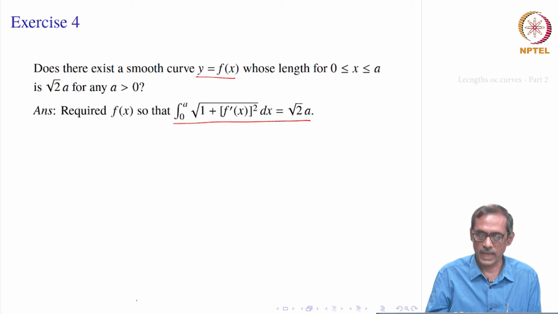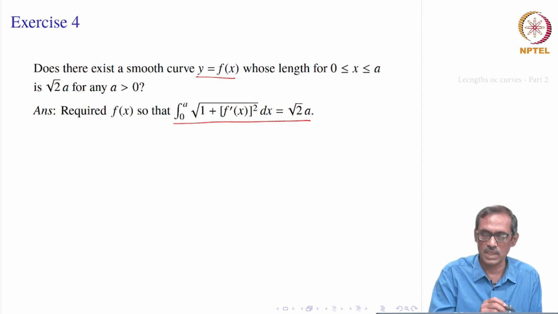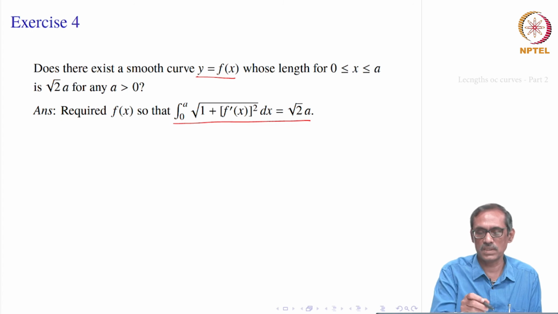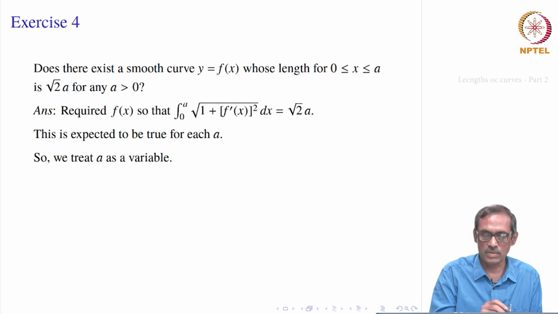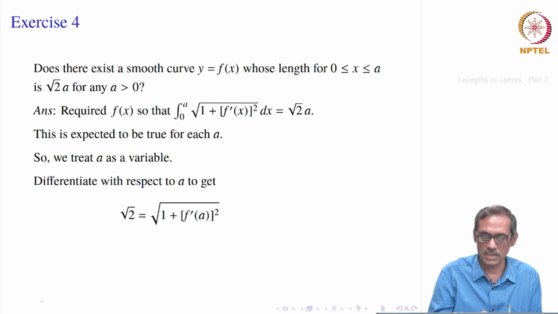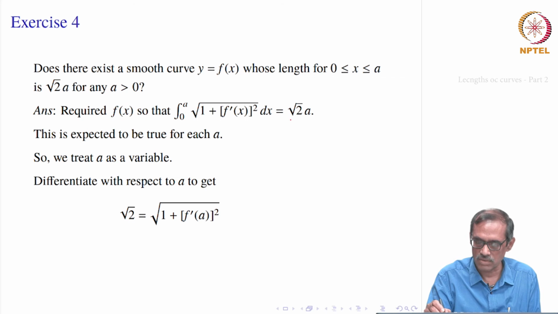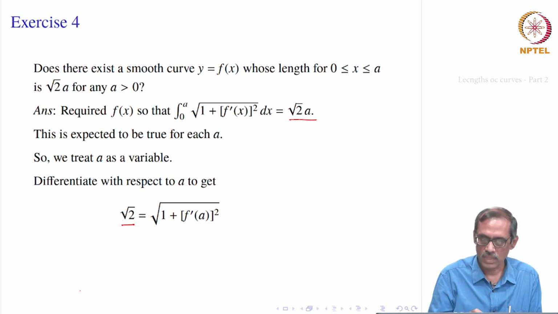Okay. Again we may have to use the fundamental theorem, because it is not known what this integrand is, we cannot integrate as such. So, we can really only differentiate, with respect to a, because it is true for any a. So, we can treat a as a variable. Treating a as a variable and differentiating, on the right side we get root 2a, that gives root 2, and on the left side we use the fundamental theorem, differentiate with respect to a. That means the integrand is evaluated at a, that is the answer.